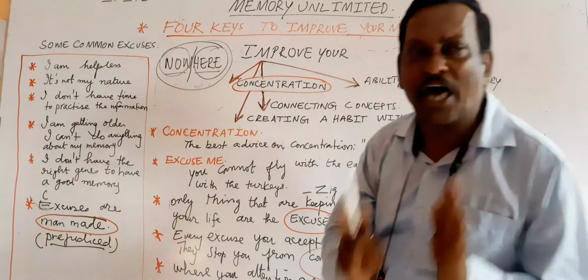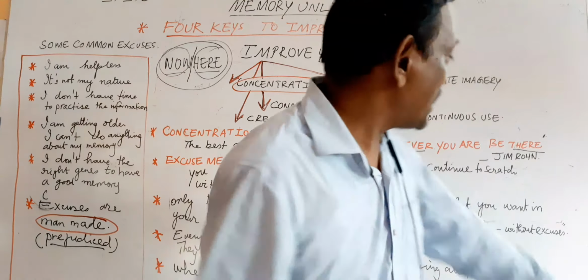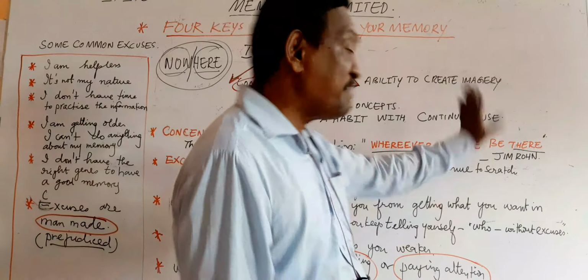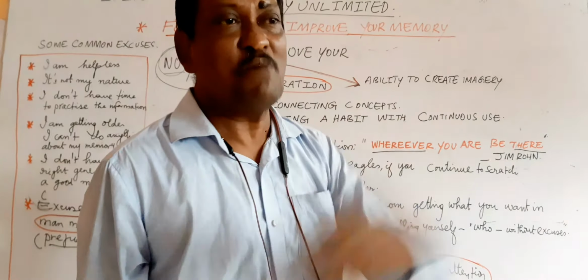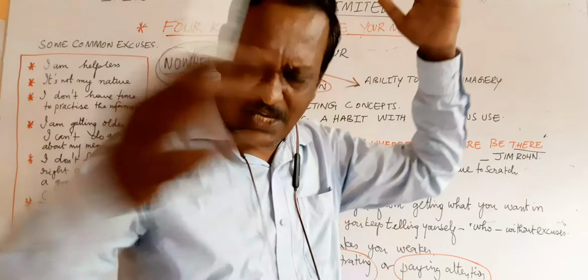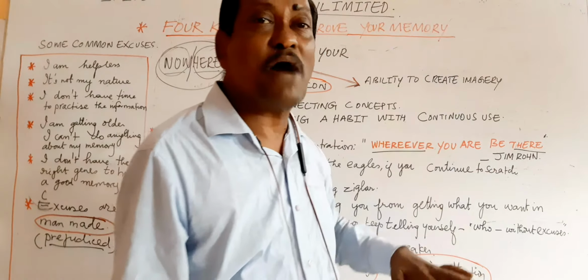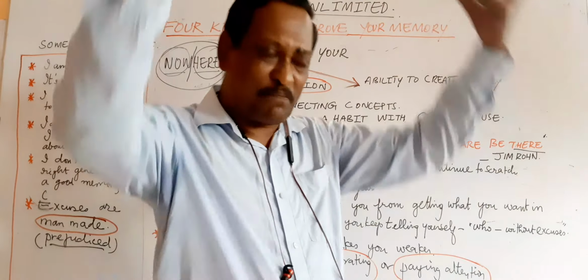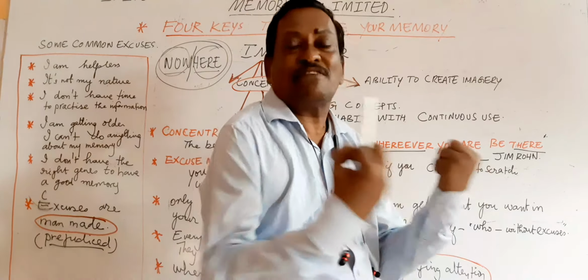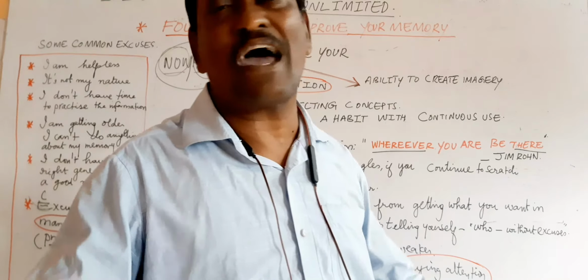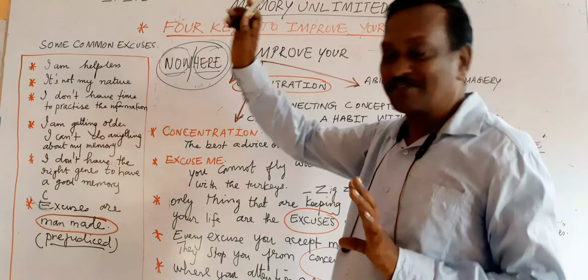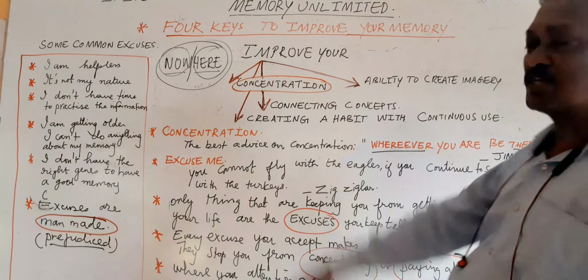So if you are at the present where you are focused, and that is what this statement by Jim Rohn tells us. Wherever you are, be there. You may be in the classroom. Be there in the classroom. You are in the dining hall having your food. Be there. Enjoy the food. You are taking a bath. Forget about everything else except the cool shower that you are having and the soap that you are applying and the cool feeling, the relaxed feeling that you are getting. It's all that, nothing else. So wherever you are, be there. And remember the word nowhere. These will help you to improve your concentration.